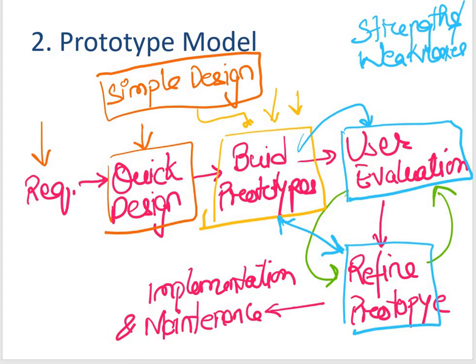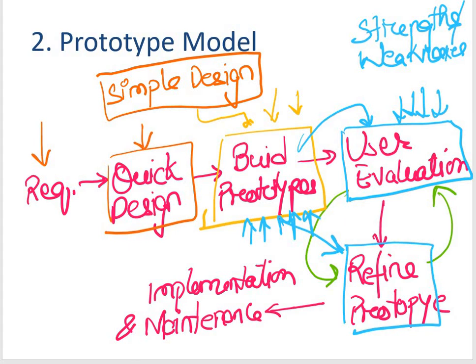That means if suppose my end client is not happy with this particular prototype which I have come up with, in that case I will be refining the present prototype in accordance with whatever has been suggested during this user evaluation phase.